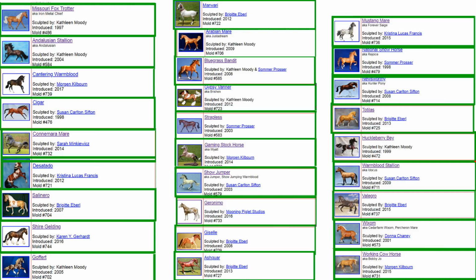So that concludes the first overall list of possible molds for the surprise horse, which as you can tell is a lot, over 25 molds. Yikes. Honestly, it's hard to narrow them down this year as the theme is so broad, and who knows what Breyer might have picked. Now before I narrow this list down into my top overall guesses, there is one more